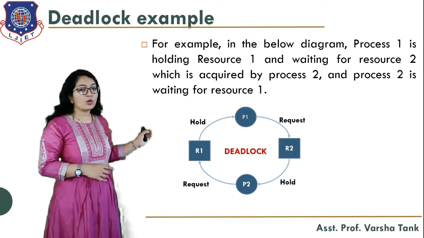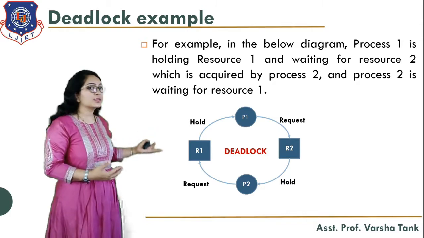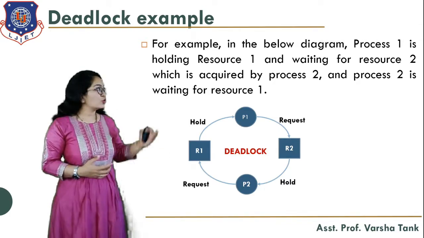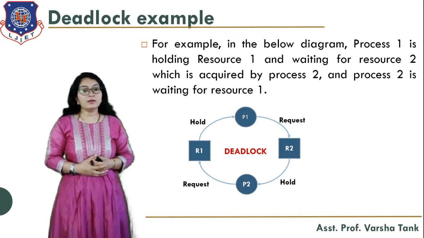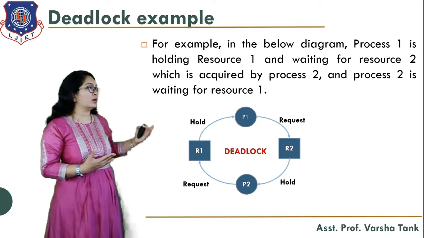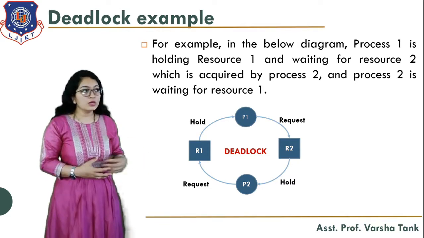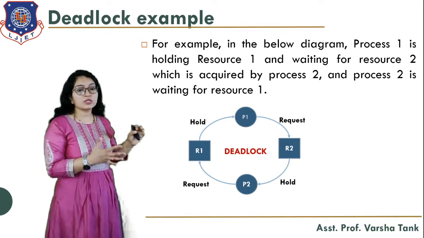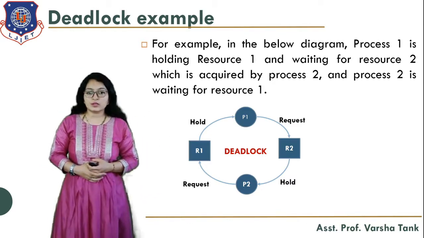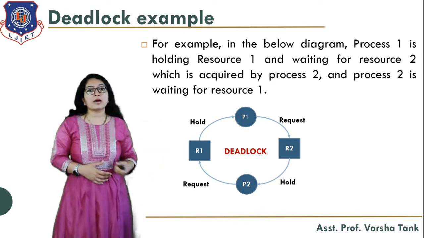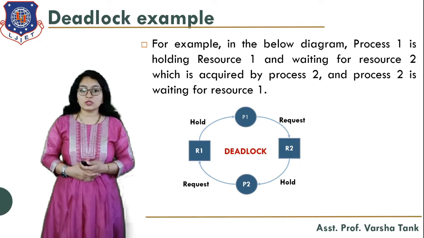That means process P1 has to back up or process P2 has to back up. So either of the processes will suffer from starvation. Why? Because if we do not back up the process, we cannot resolve the deadlock. So this situation will continue forever if the process does not release the resources. So either of the processes has to release the resource to resolve this deadlock situation.